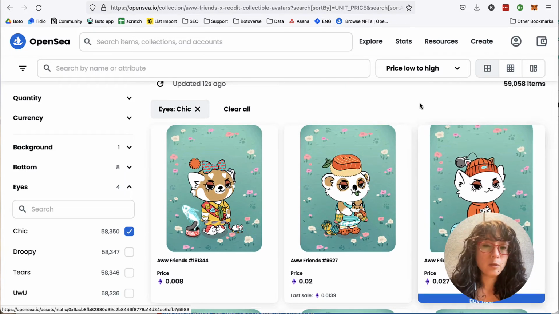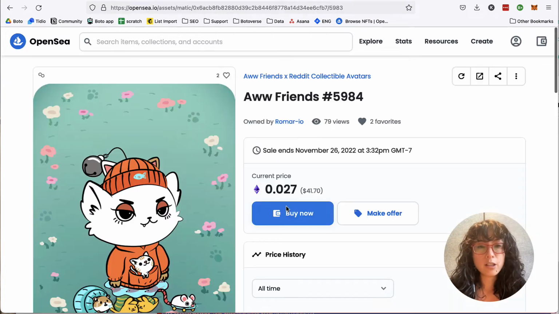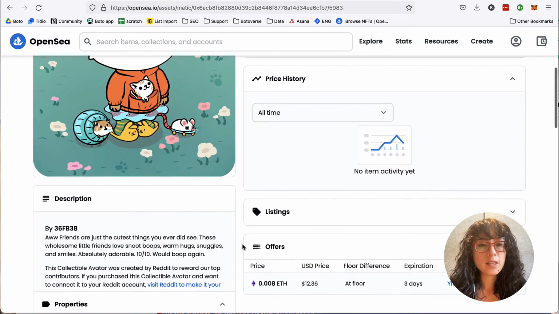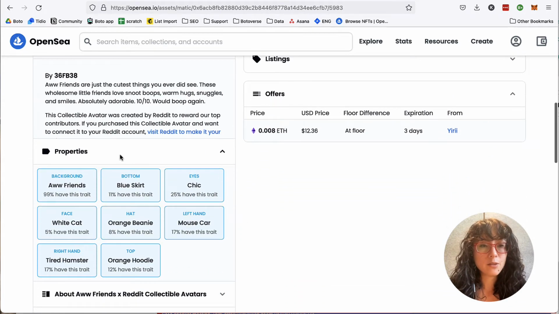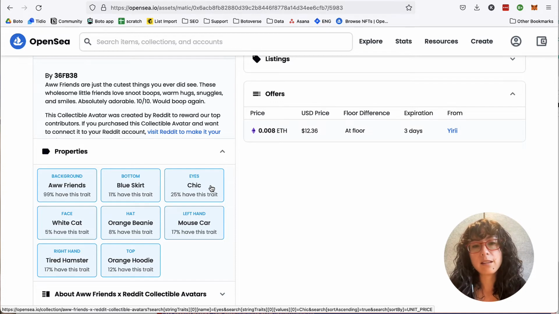To take it a little bit further, we'll click on one of these avatars and scroll down. You'll see these tiles on the left which tell you which percentage of the avatars in that collection have that trait. So since we're looking at chic eyes, we see that 25% of the avatars in this collection have that